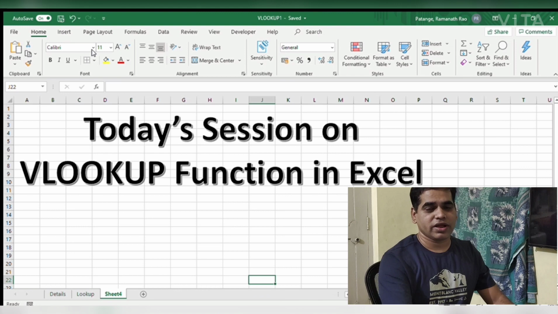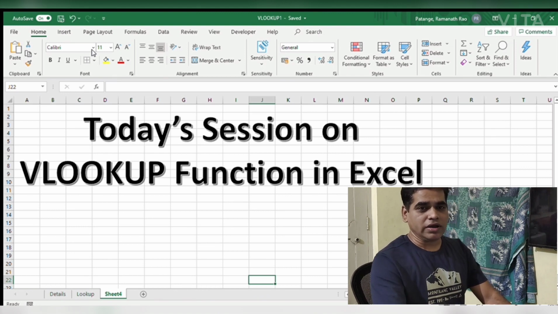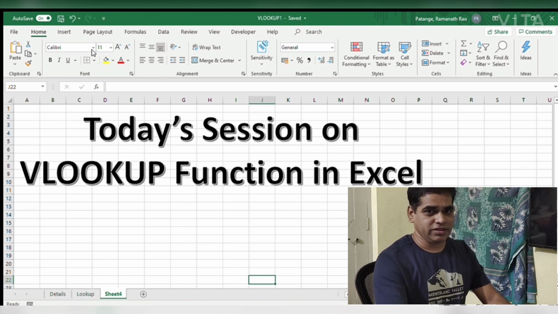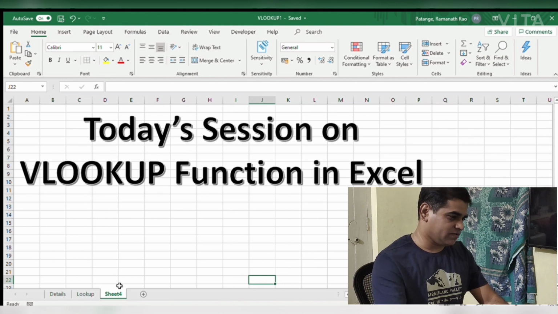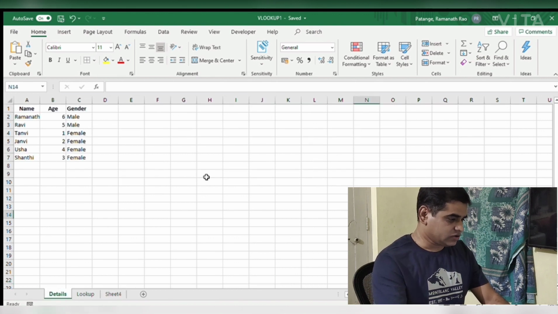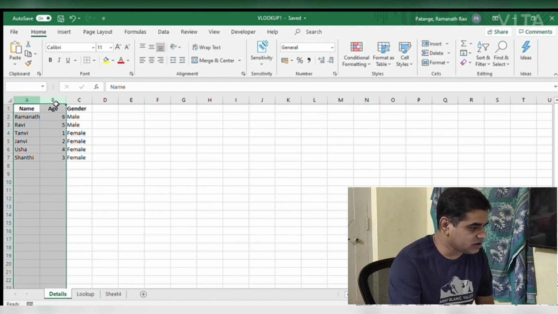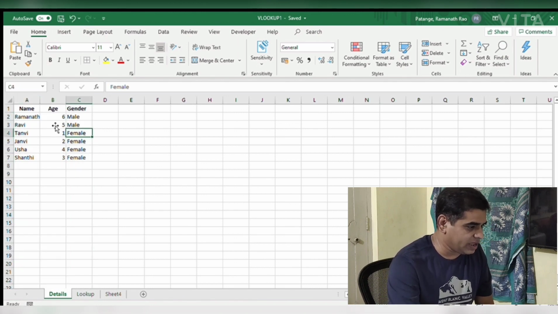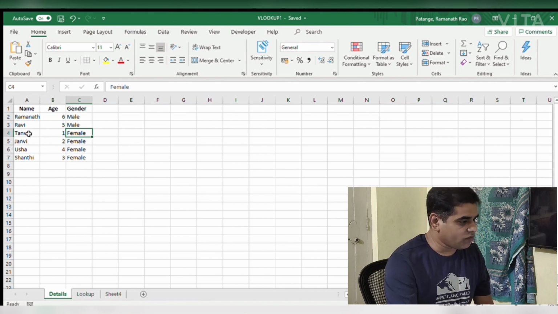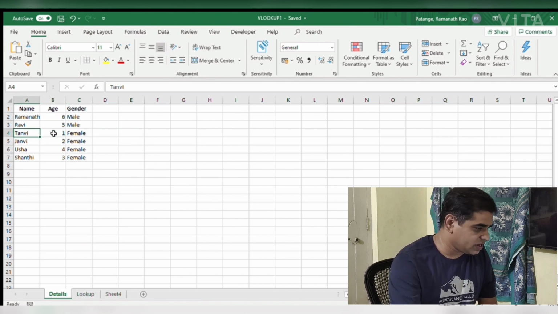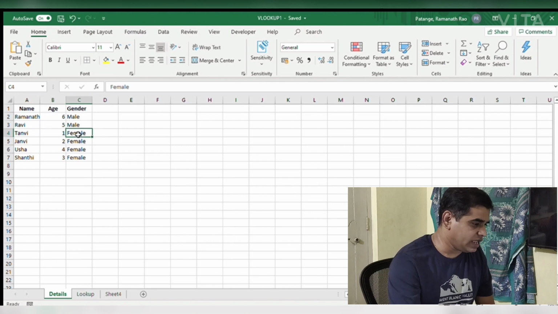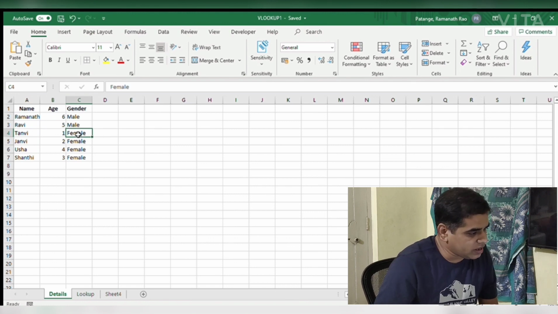Today we are going to have a video on the VLOOKUP function in Excel. Yeah, let's start with the VLOOKUP function in Excel. So let's have an Excel sheet where you can see the details of the data as below. So name, age and gender in 3 different columns. And now we want to look up a specific name and the corresponding age and gender for this particular